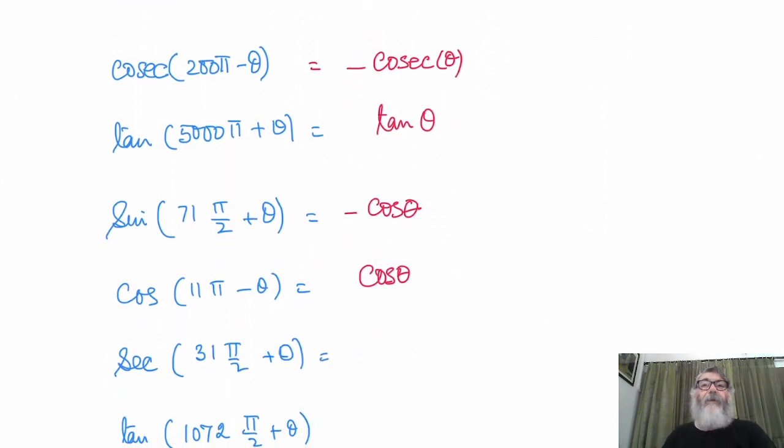Now let us see 31 pi by 2. 31 pi by 2 again is an odd multiple of pi by 2, so we are going to divide 31 by 4. 4 7 the 28, so 3 will be remainder. It is going to fall along the fourth line OY dash, plus theta means in the fourth quadrant, and in the fourth quadrant cos and sec are positive. Sec will change into cosec, and it will remain plus.